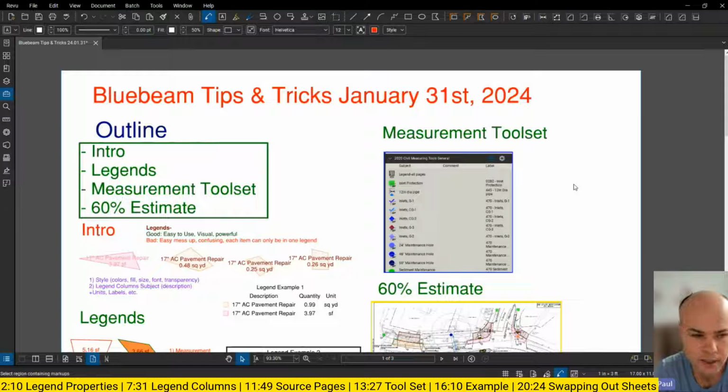So before, we talked about what measurements are and how you do simple stuff like set scale. If you want to go back and watch the video on that, or probably most people know that by now. But we're going to move on to today's topic, which is going to be almost exclusively on legends, and then how you use legends to make an estimate for